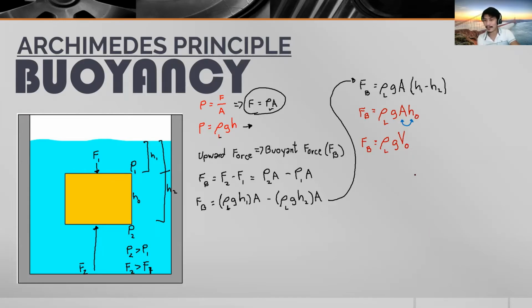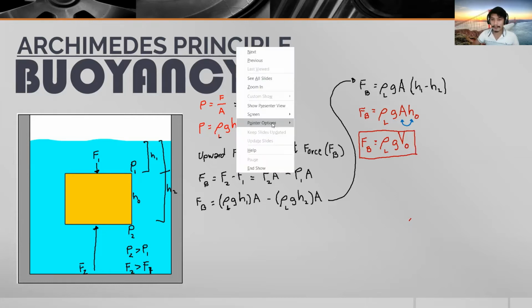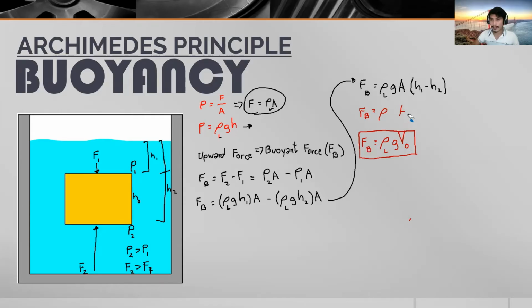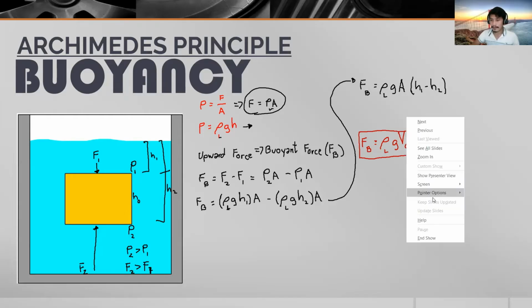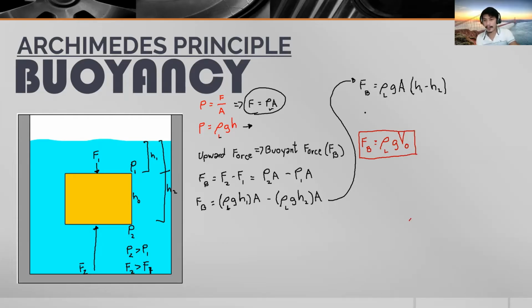Okay, so ito na yung equation natin. Final equation. This is already our final equation. Di pa hindi siya final na equation. So this is FB is equal to the density of the liquid, acceleration due to gravity, area times height of